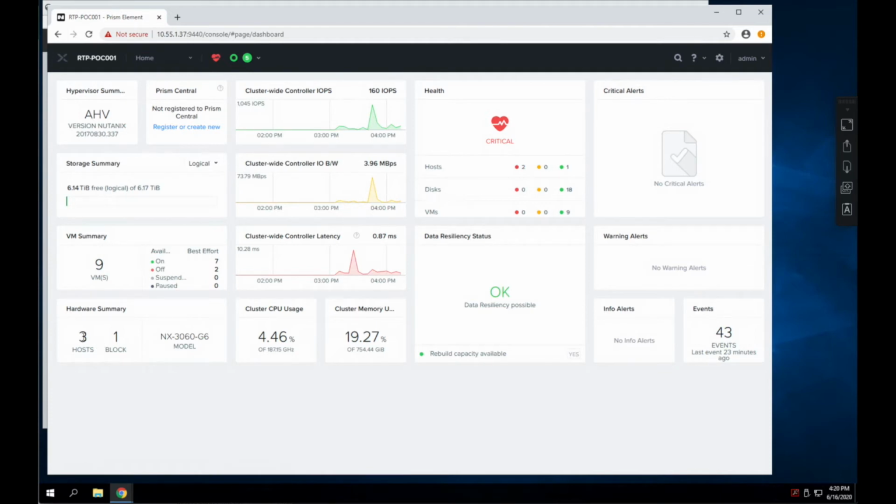A hardware summary for my cluster. I've got 3 hosts active at the moment. In this series, we will add a 4th as we expand the cluster. And I've got a few graphs here that detail the controller attributes